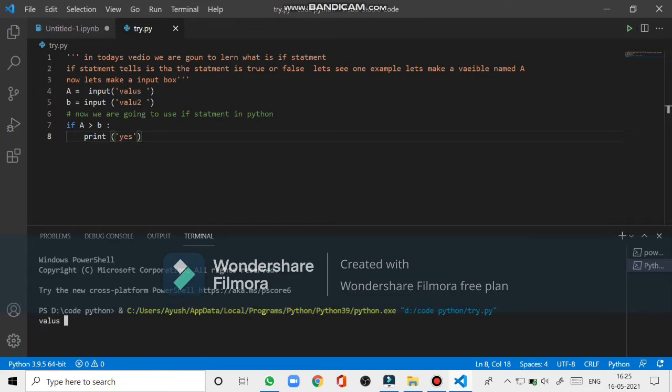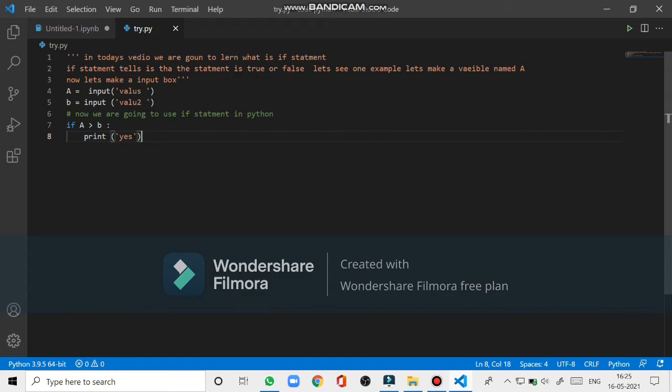We will run this program again and try once. Now you can see it is asking me for a value. Let's store a very big number, 100000000, and for b we let it. It is not running because the value is too large. So next we'll run this piece of code again.